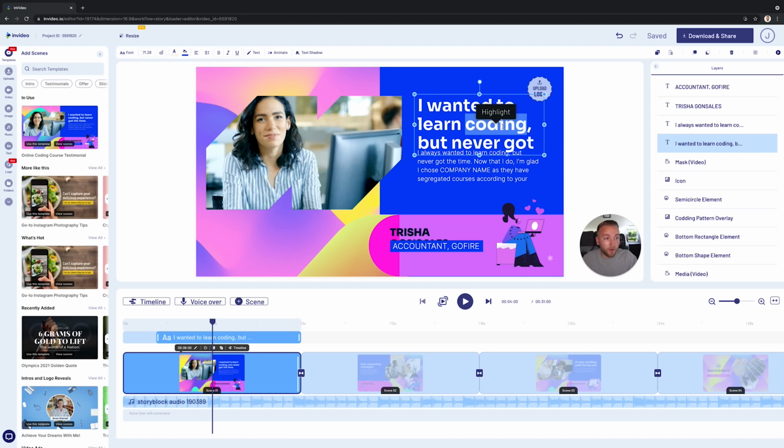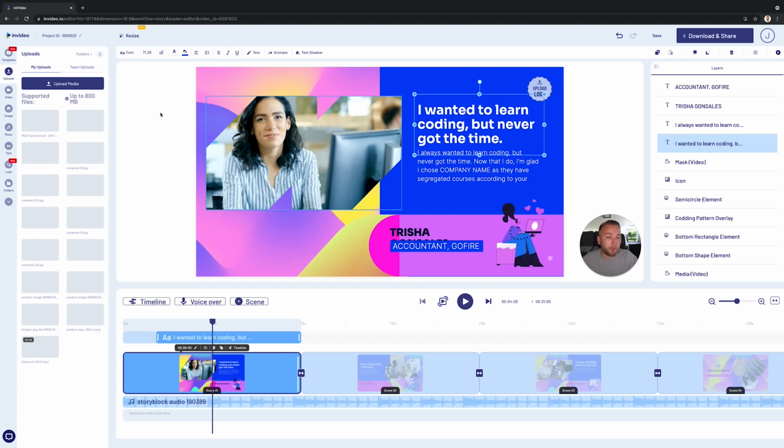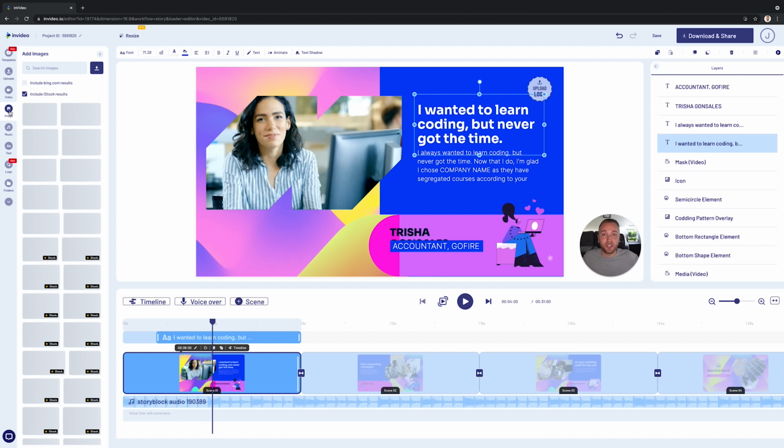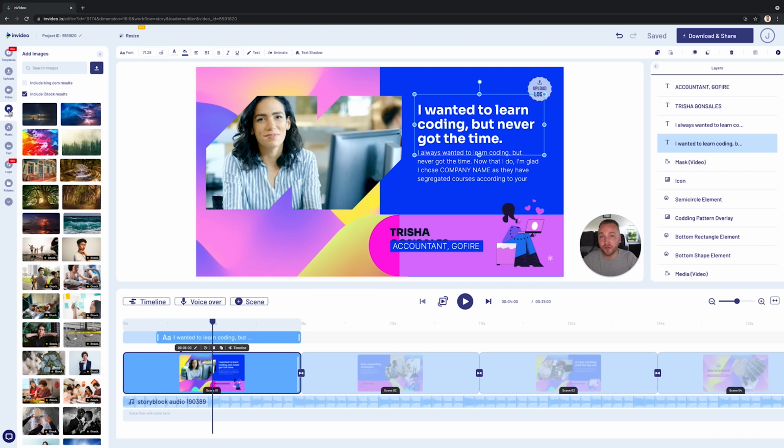All we need to do is hover over this, and we can literally edit everything out. Okay, so it's really, really easy to use. We have our toolbar on the left-hand side. We can drag and drop things in, so we can upload, let's say, images, for example, or other media. We can upload new videos, and we have access to thousands and thousands, if not hundreds of thousands, of stock